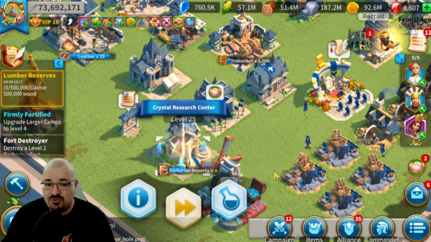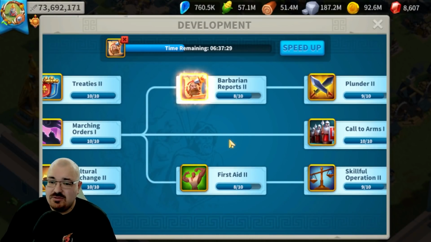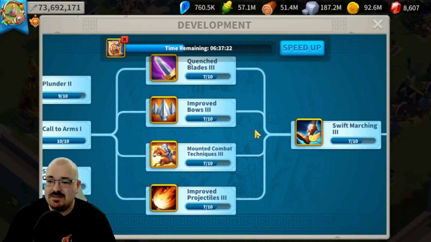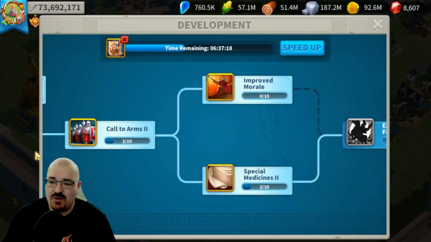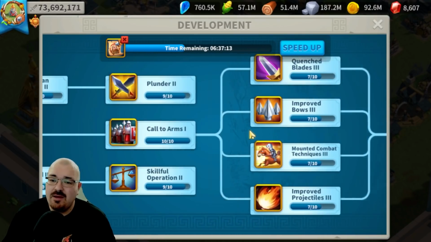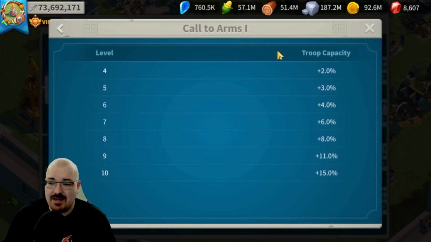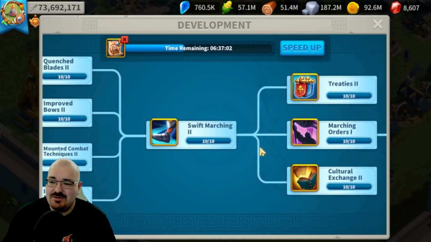The next thing that I need to show you is how far I went into the crystal tech in this KVK. So right now I am doing the Quench Blade and the attack, basically the third part of the attack, and I got into the juicy ones as well, but I haven't got any Improved Morale or Call to Arms 2. When the war ended, my Call to Arms 1 was around 8 out of 10 or 9 out of 10, something like that. I didn't have the last bit, the 4%, because you need to do a bunch